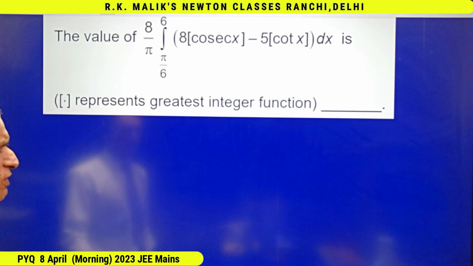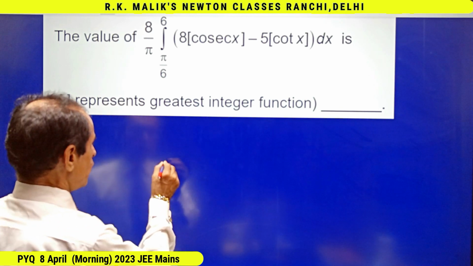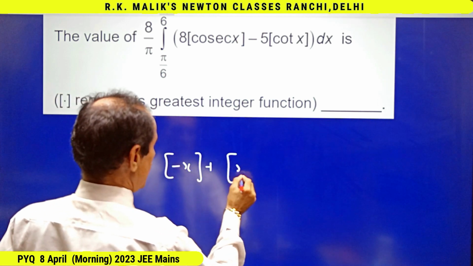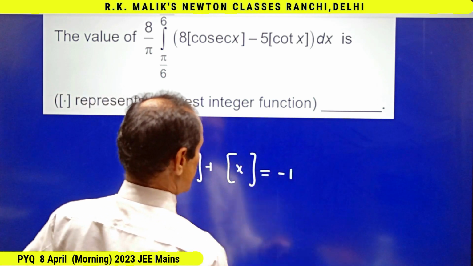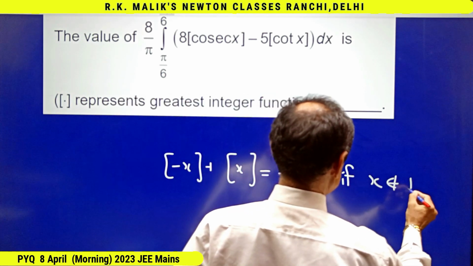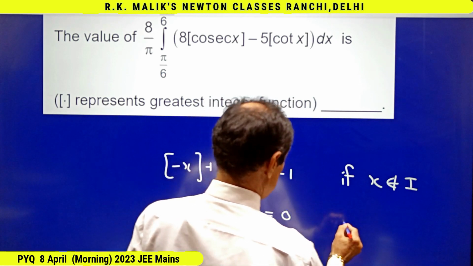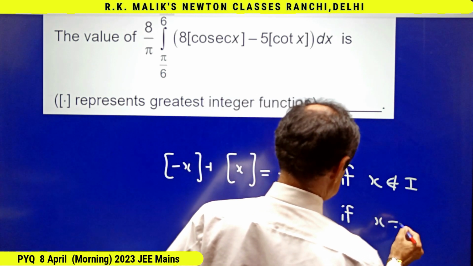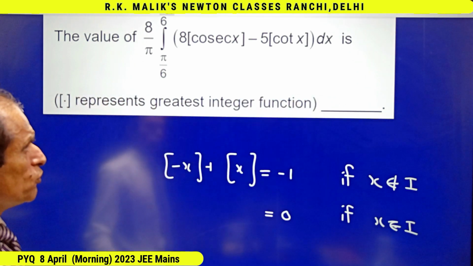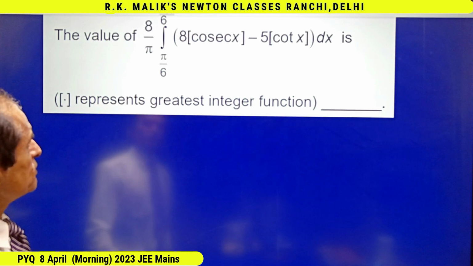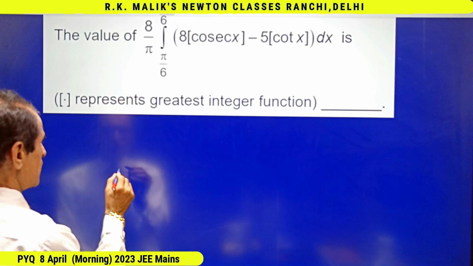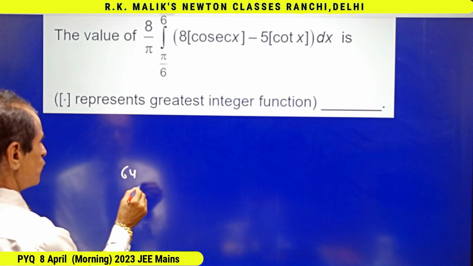In this question, I'll be using this concept that box of minus x plus box of x is equal to minus 1 if x is not an integer, and 0 if x is an integer. This formula I'm going to use in this question. First, let me calculate the first part. For the first part I'll be getting 64 by pi